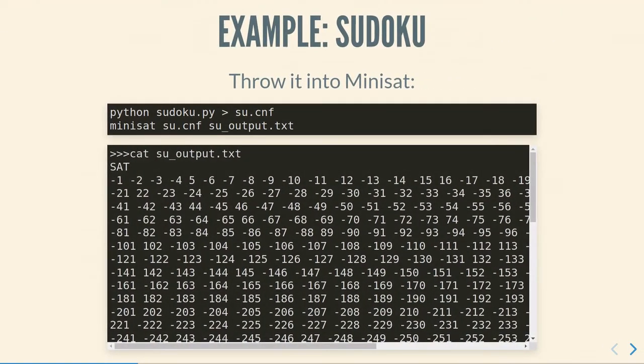Anyway, what we do is we run this Python script: python sudoku.py, and then we pipe the standard output to, say, su.cnf. And then once we have a CNF file, we can basically solve that using any SAT solver that you like. So in this tutorial series, we will introduce Dagster as a tool for solving these SAT problems, but for this